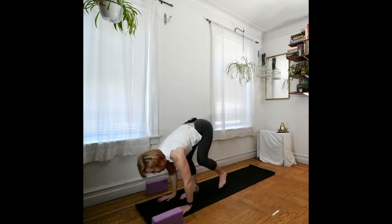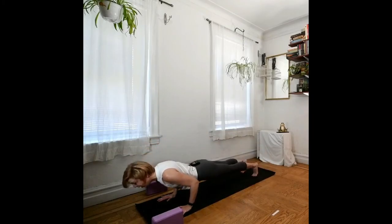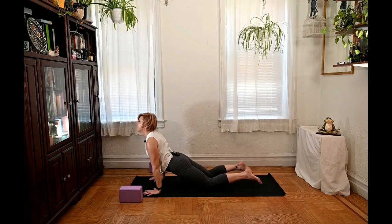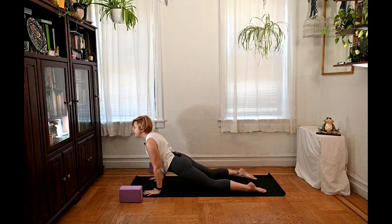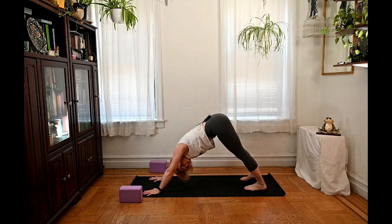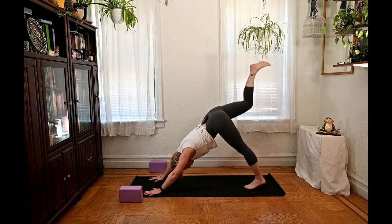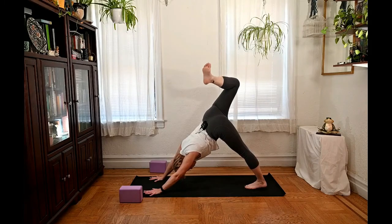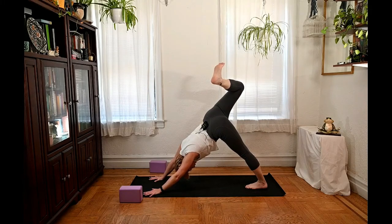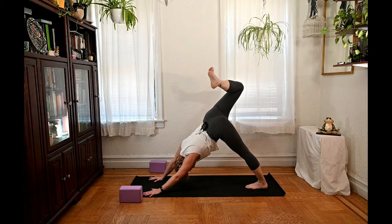Exhale to plank. You're either going straight to your down dog. If you want a chaturanga up dog, you can. And taking it back to your down dog, we'll meet here. Let's lift up the right leg. Put a bend in the right knee so the hip rolls open. Relax the head down. Getting a nice stretch through the left leg, the calf muscle, the hamstrings, and